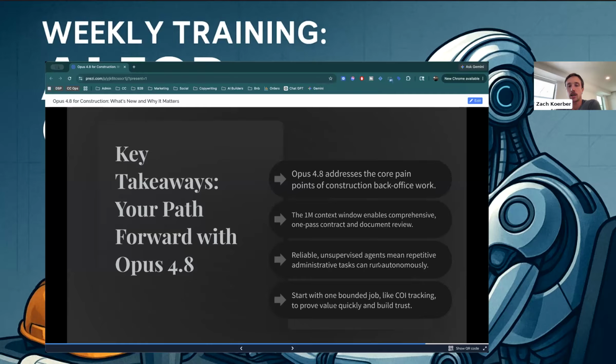The 1 million context window enables comprehensive one-pass contract and document review. Reliable, unsupervised agents mean repetitive administrative tasks can run autonomously. Opus 4.8 is intelligent enough. I don't think Opus 4.6 was. But Opus 4.7 certainly was, and Opus 4.8 certainly is able to build out these more autonomous